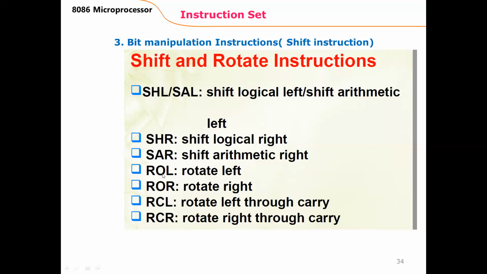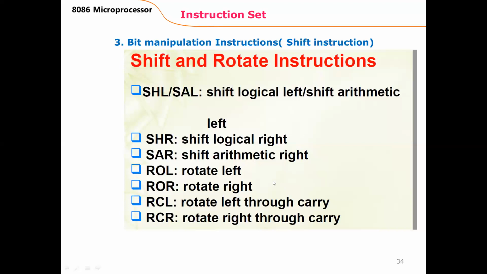There are four more instructions: ROL, ROR, RCL, RCR: rotate left, rotate right, rotate left with carry, rotate right with carry. These instructions are similar to the instructions which we have studied in the 8085 microprocessor. The names of the instructions were different: RAL, RAR, RLC, RRC. But the functioning of these four instructions is exactly similar to those four rotate instructions in 8085. The difference is that we can use a 16-bit number also here in the 8086 microprocessor.